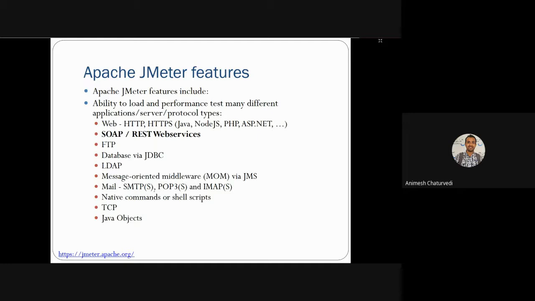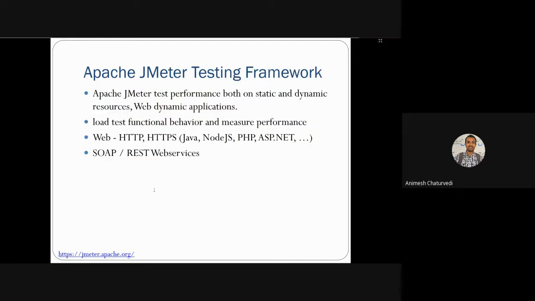But we are mostly interested in SOAP and RESTful based web service testing. Why? Because we are dealing with cloud based things. So this is the part: SOAP and RESTful web service testing is the part provided by Apache JMeter, dedicated for cloud type of things.